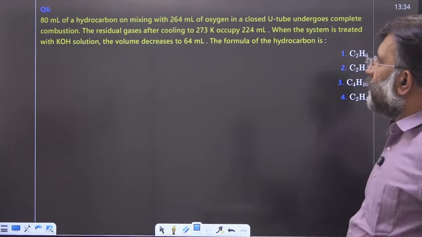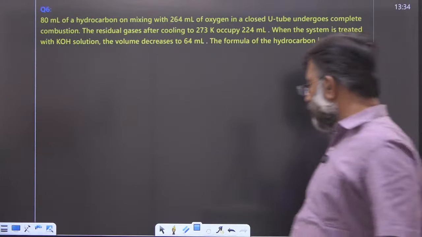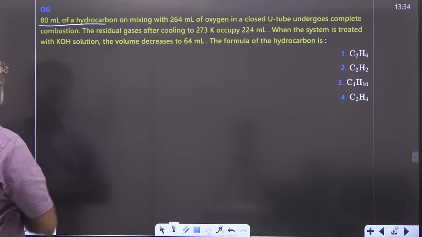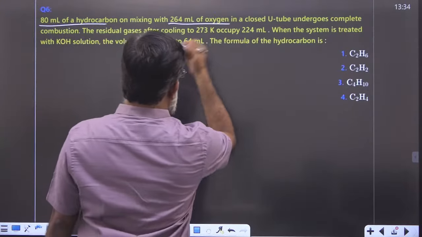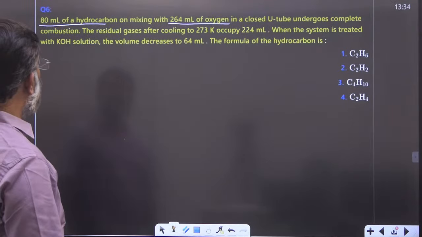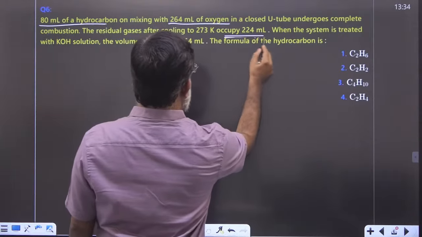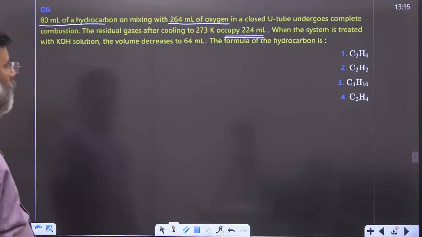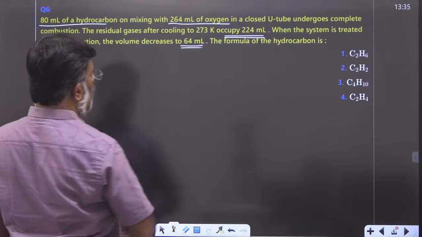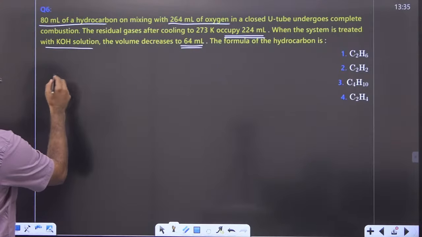80 ml of a hydrocarbon on mixing with 264 ml oxygen in a closed U tube undergoes complete combustion. The residual gases after cooling to 273 Kelvin occupy 224 ml. When the system is treated with KOH, the volume decreases to 64 ml. What is the formula? You see, the eudiometric calculation,